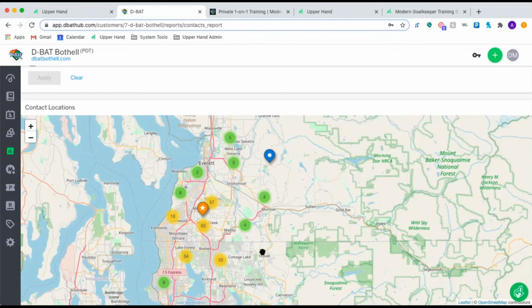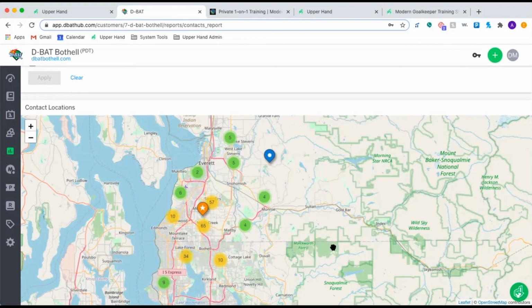Maybe we don't have anybody down here, so we need to go to those high schools, those club teams, and really poke at them to get them to come to our facility. Maybe because this area is so high, you open up a second facility. It really truly gives you a visual of how you guys are doing and just allows you to see everything